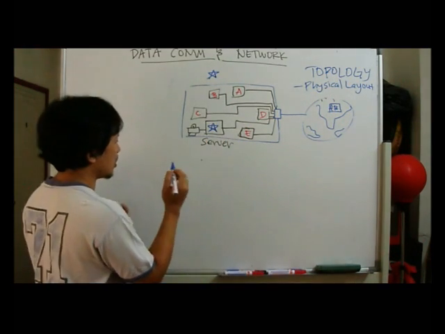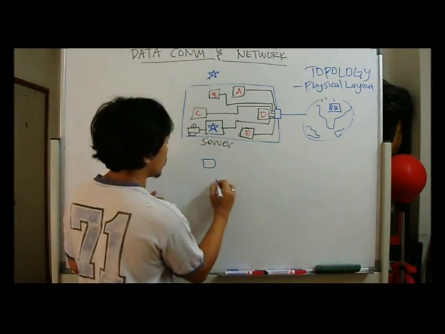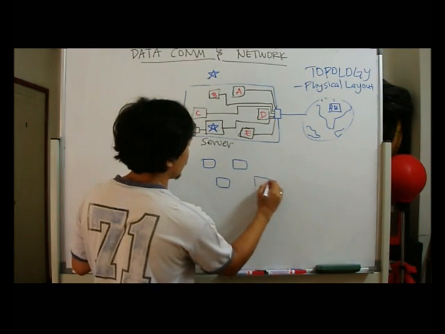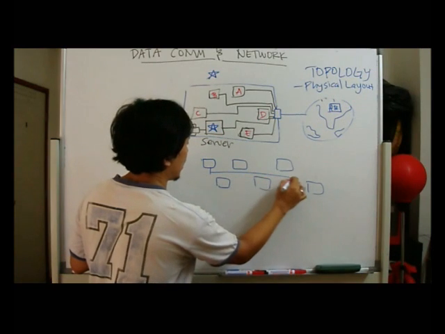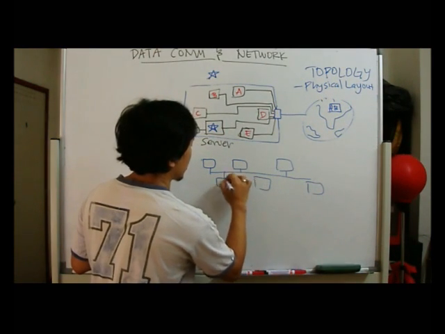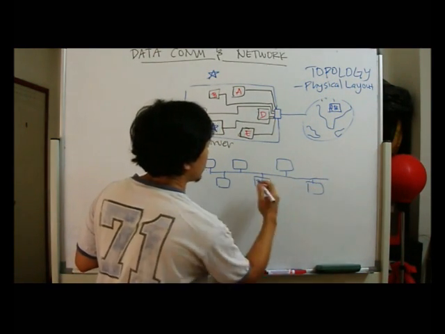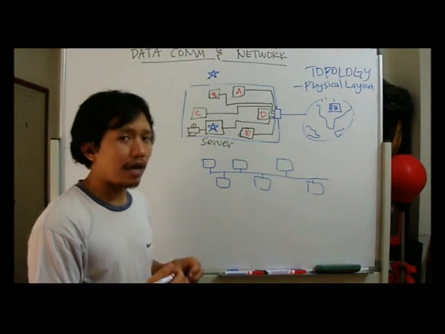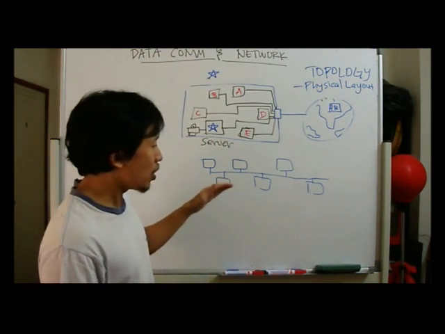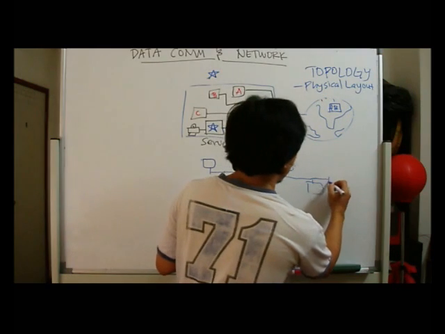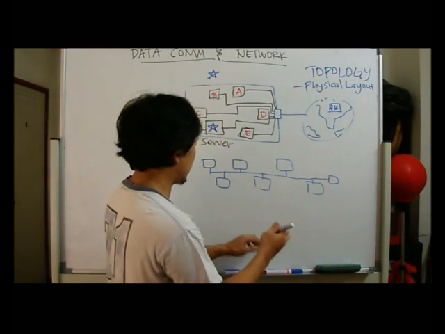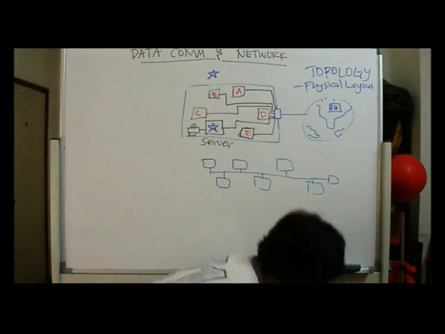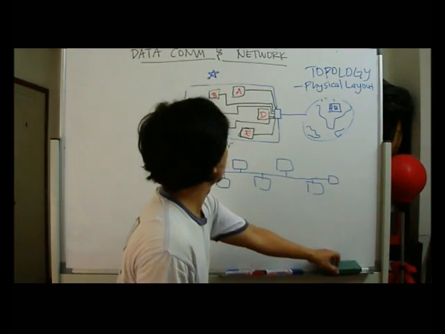The first one is the bus topology. For bus topology, you just imagine that kind of layout of cable. It's like in a bus, where we have people sitting on either side of the aisle. So the bus topology is such that if, say, you want to send data,